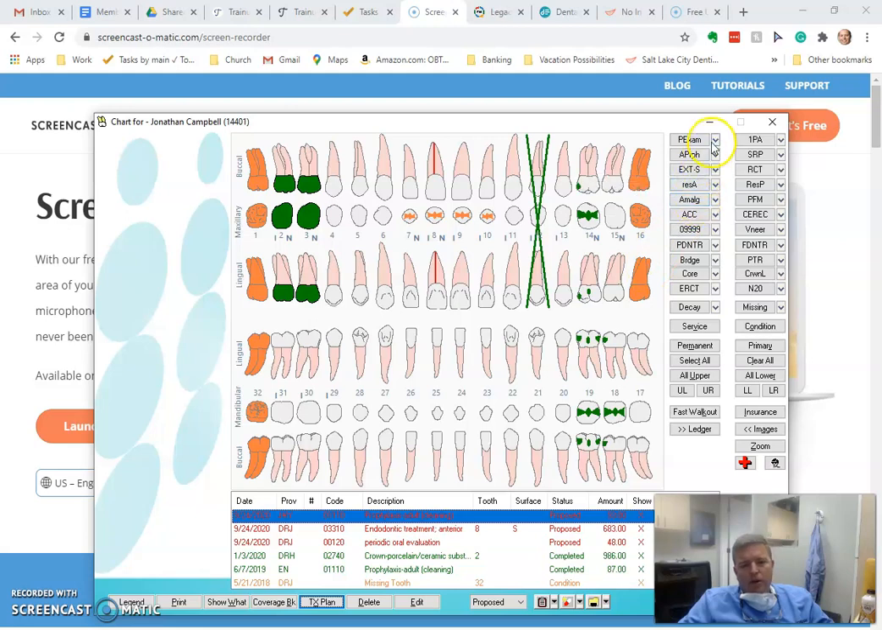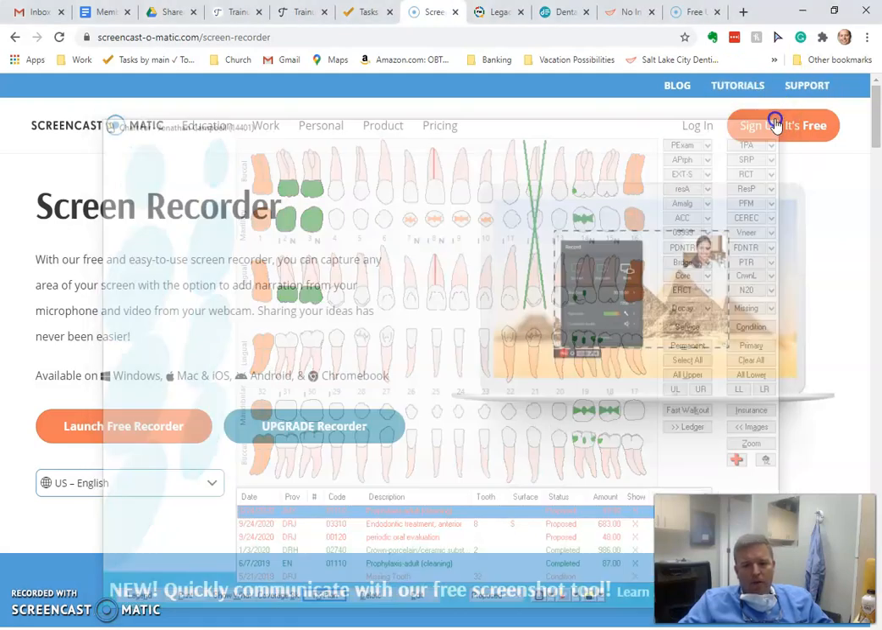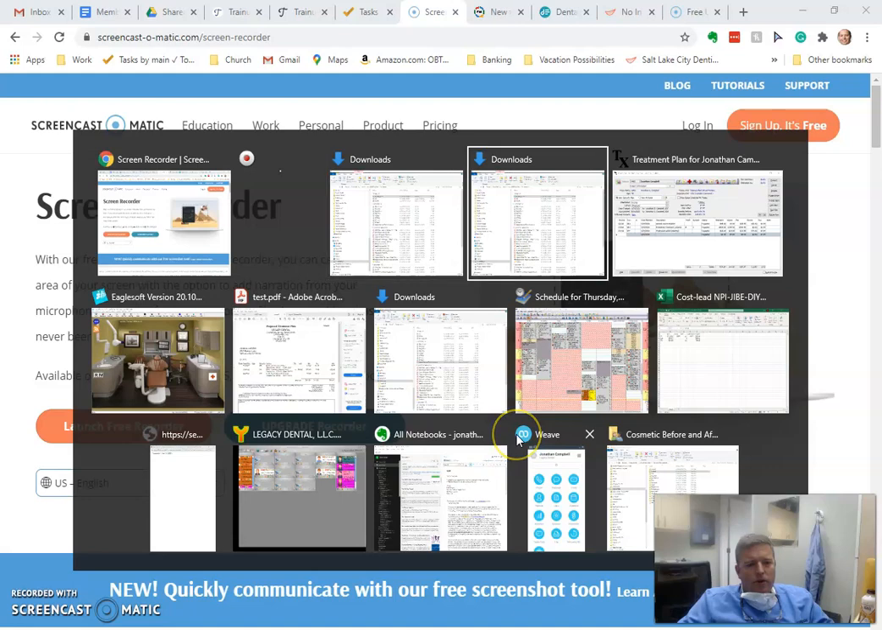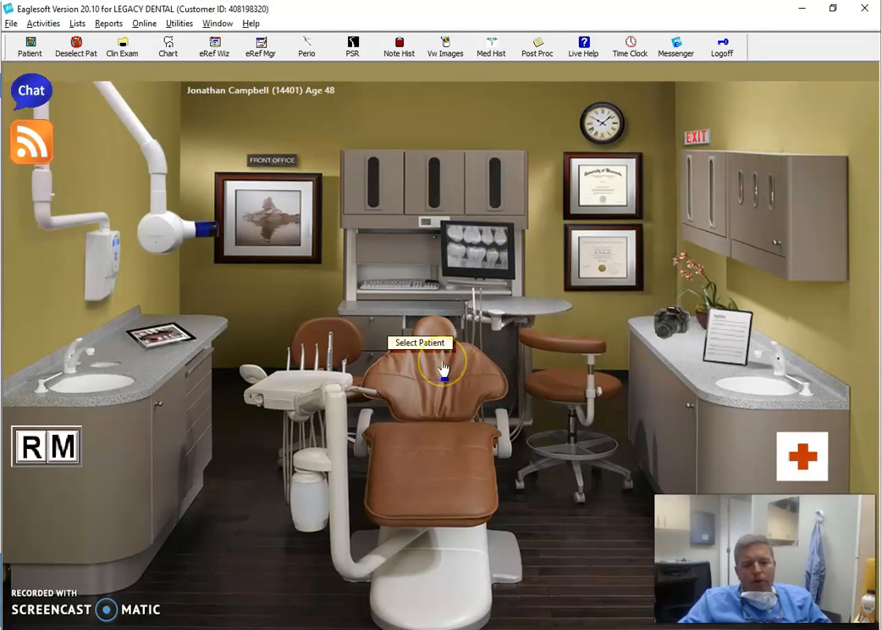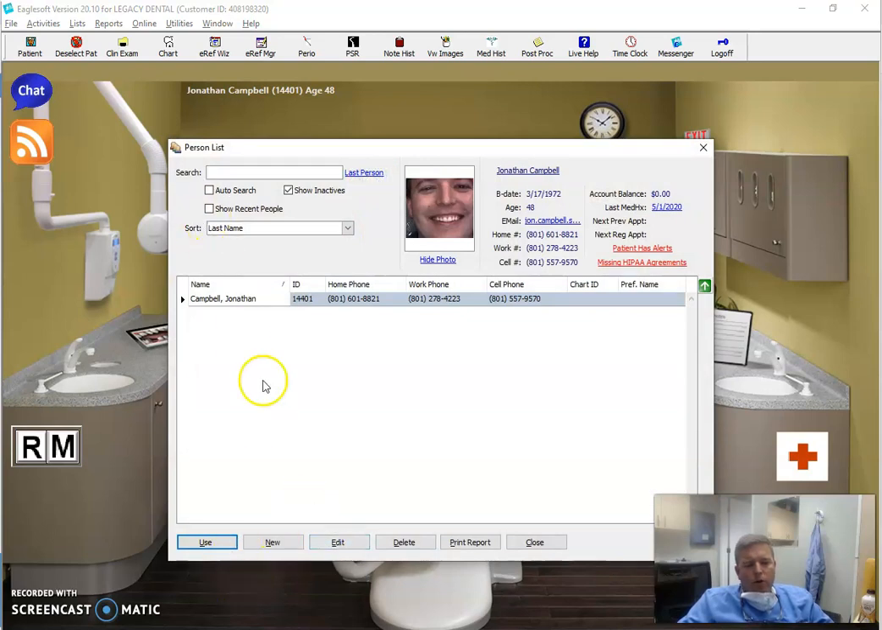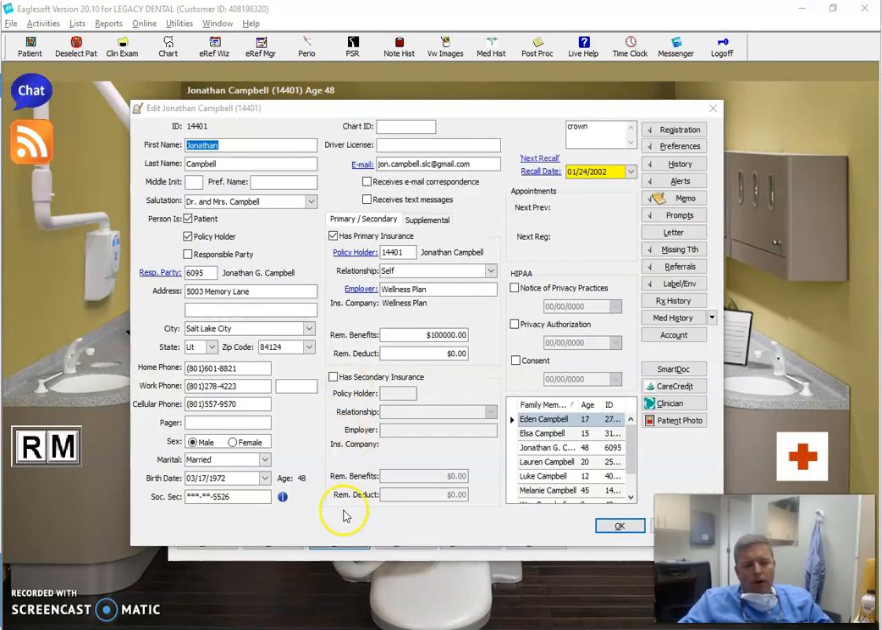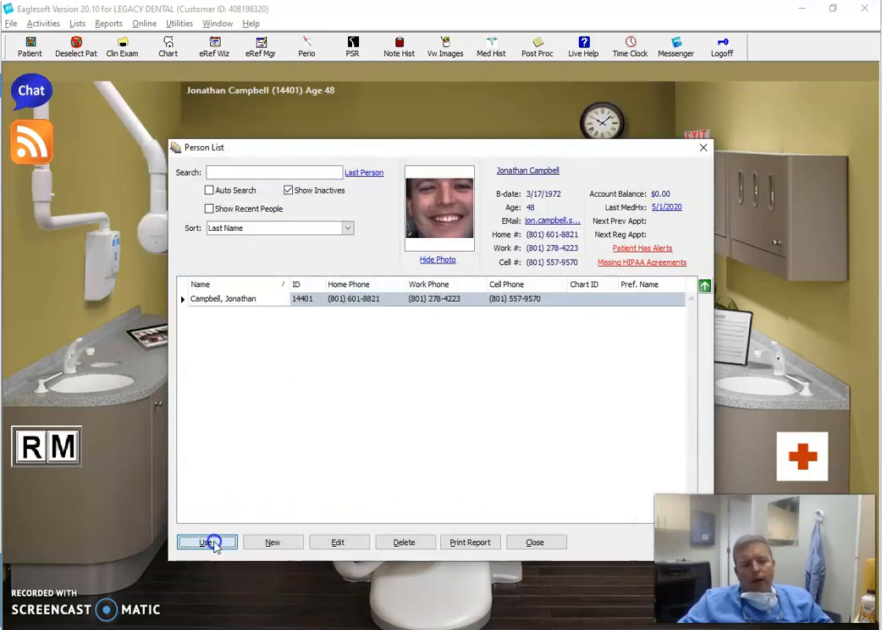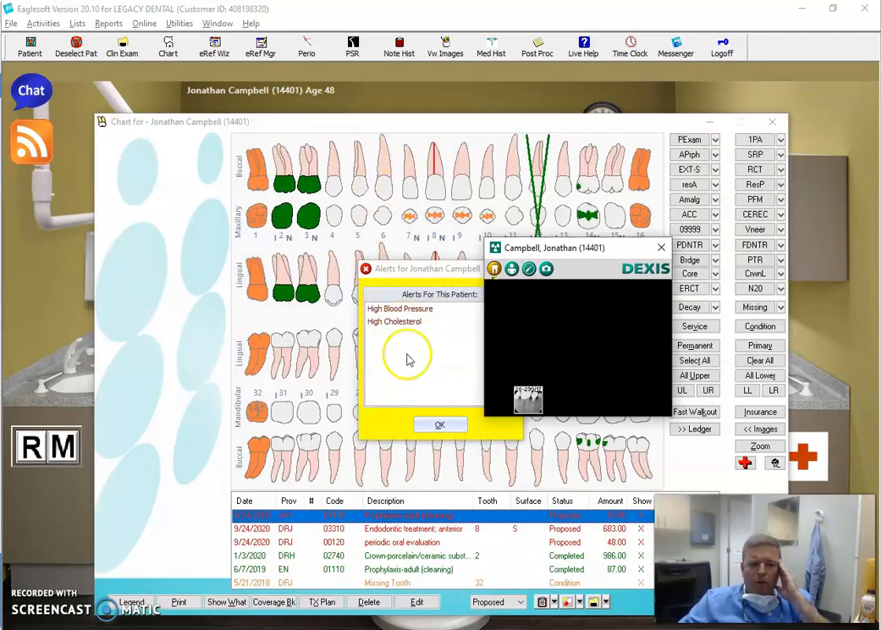So in this piece, we're just going to talk about the Eaglesoft piece of this. When someone enrolls in the wellness plan, you'll go into their edit patient screen, and then you will mark them as a policyholder, mark that they have primary insurance, and then pick the wellness plan as their employer. And then what that does is make it so that when you go into their treatment plan,